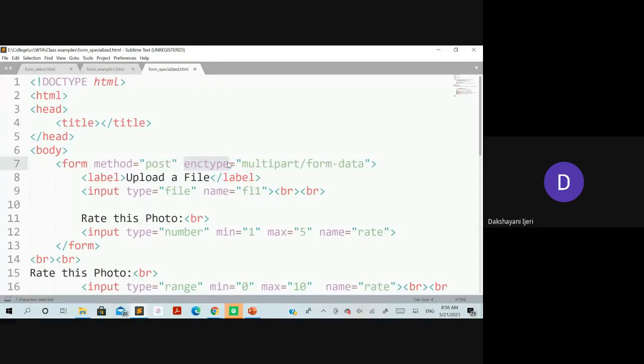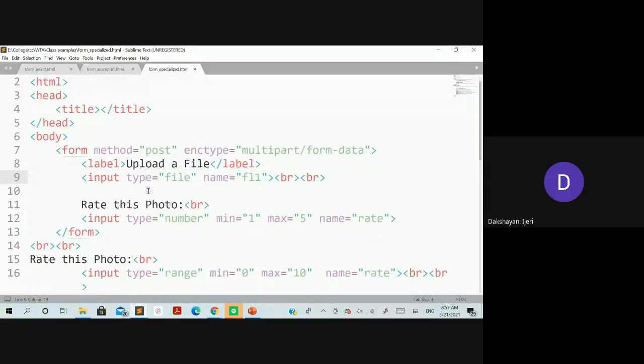When do we require to use this attribute in the form element? For files, if you want to use this particular element, that is, input type is equal to file. So if you want to use it only at that time, the form element should have the encryption type, enctype, as an attribute in it with the value as multipart/form-data. Okay, so this is going to tell that you want to read the file from the system.